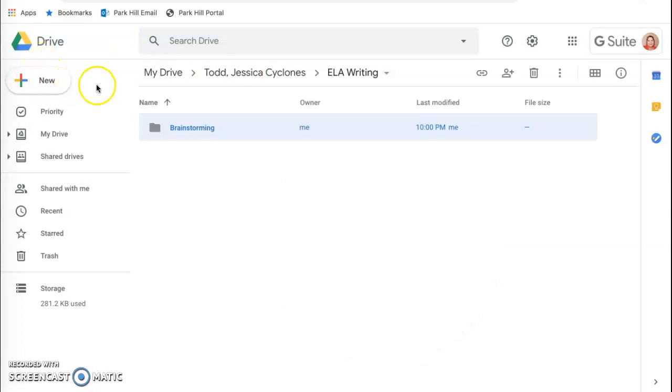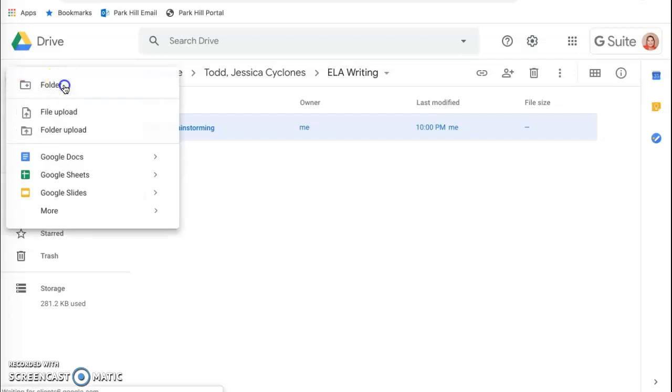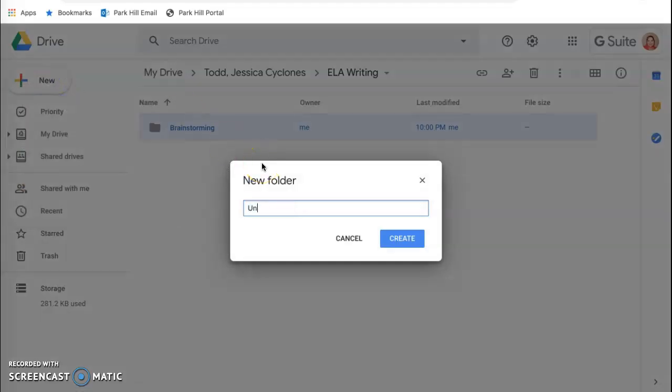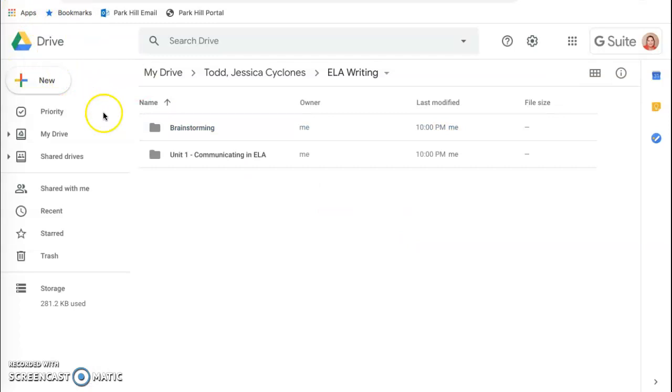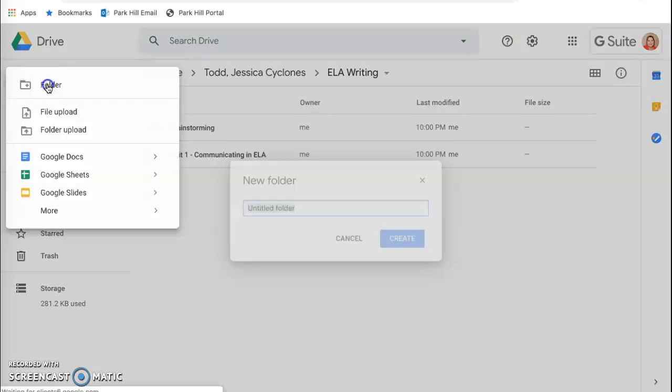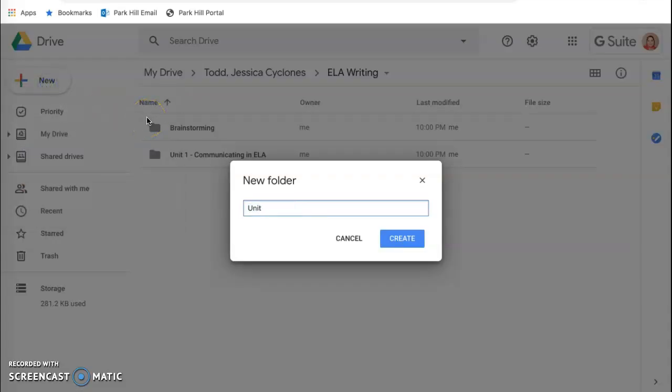Next, we're going to create a folder for Unit 1, Communicating in ELA. So I click New Folder, and I type Unit 1, and then a little dash, Communicating in ELA, and hit Create. Now on to the folder for Unit 2, which is going to be Information Literacy, Research, and Critical Thinking. Unit 2. Information literacy,